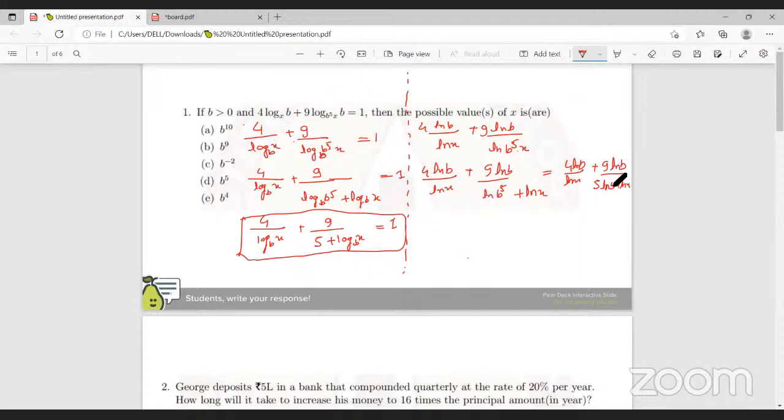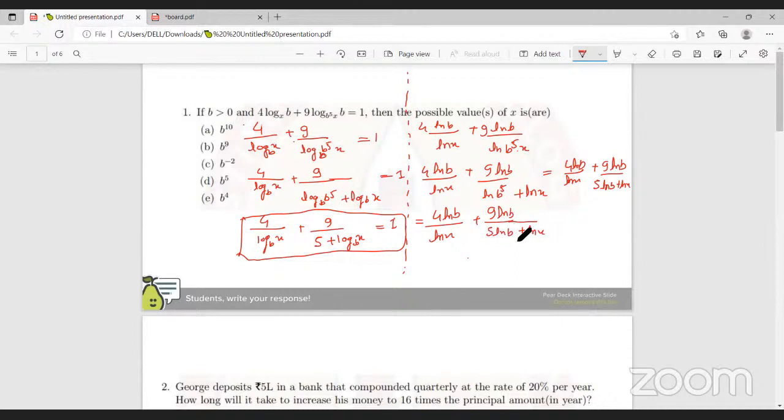Cross multiplied it. If you cross multiply, it will become more complex. Try to solve that problem, or we can again substitute ln of x with some variable. That will also do. Or what I can do, I will write it here: 4 ln of b upon ln of x plus 9 ln of b upon 5 ln of b plus ln of x. Right. Now what I can do, I can